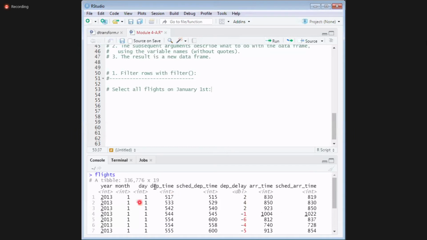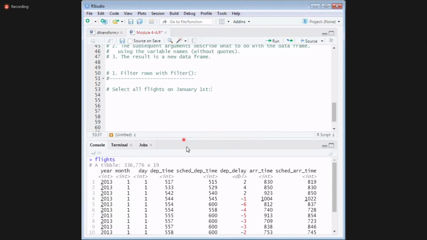So this is my flights data. Now my requirement is I want to write a query in which I should see only the flights which were in the month of January, and that too January 1st. Only on January 1st. Help me in writing the query.